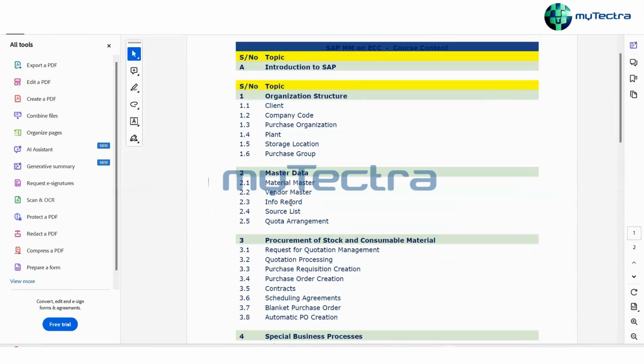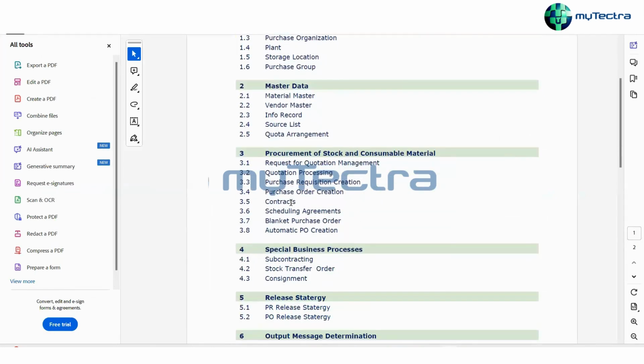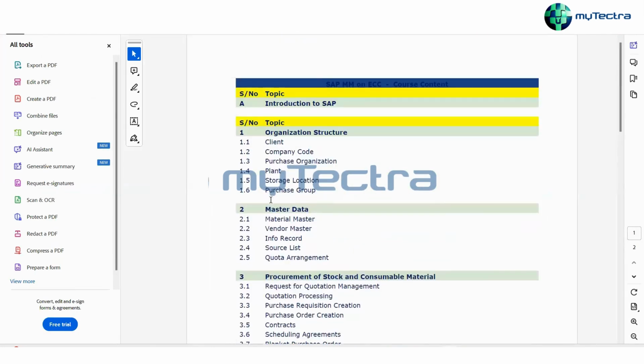So that is for material master data. Now we have done 1 and 2. From tomorrow we'll do the practical for the master data, and I will also show you where we go and generate the organization structure. We'll do it in such a way that one day we'll complete the theory part, if it is a small topic, and the second day we'll complete the practical part.